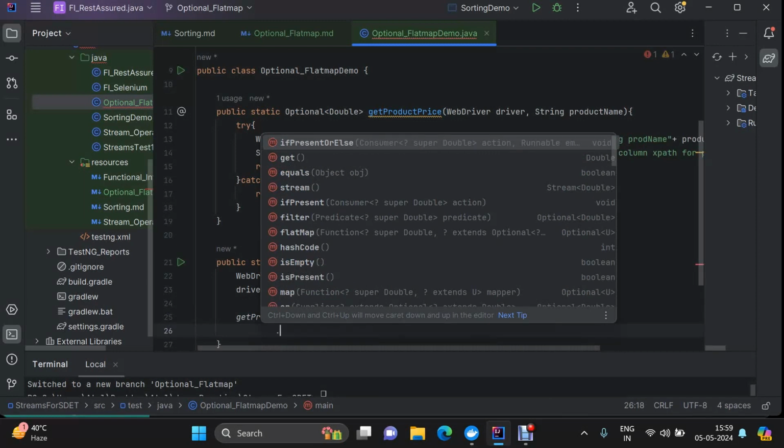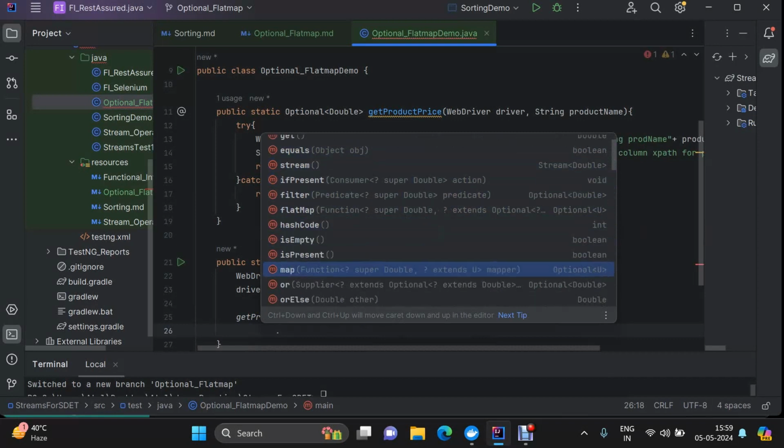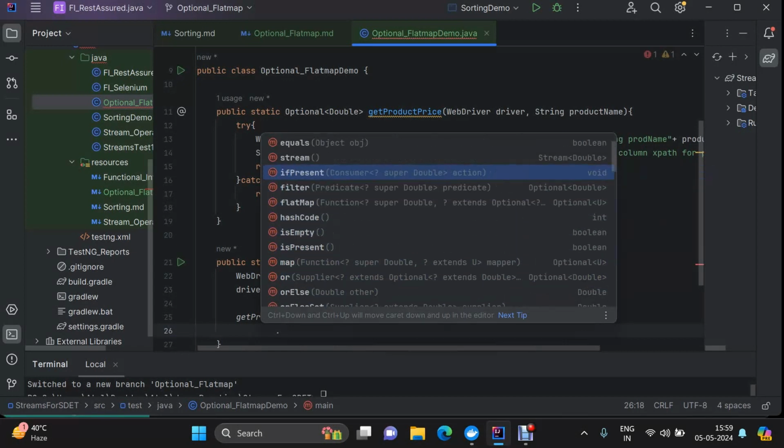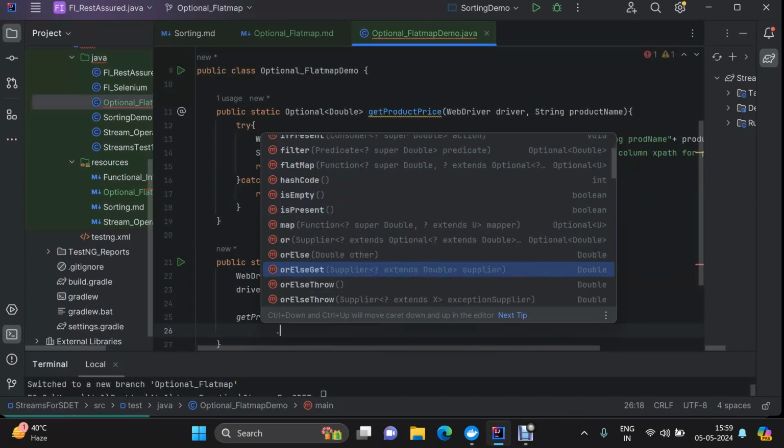There are various methods like we have discussed about get. You can use stream as well, and then you have isPresent, orElse, orElseGet. There are several methods which are quite readable. For example, isPresent we have discussed, and then orElse also we have discussed. It will give you some default value if it is null, and then there is orElseGet. So if we go here,